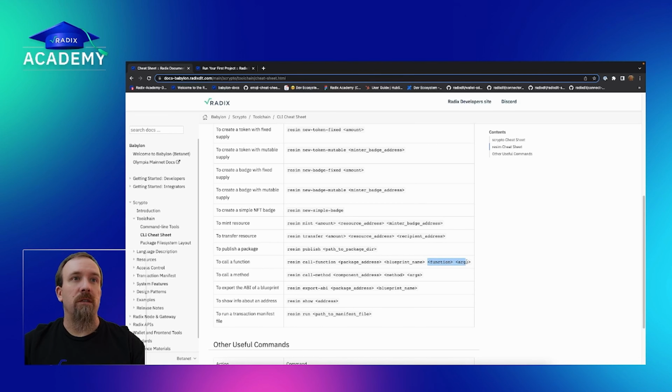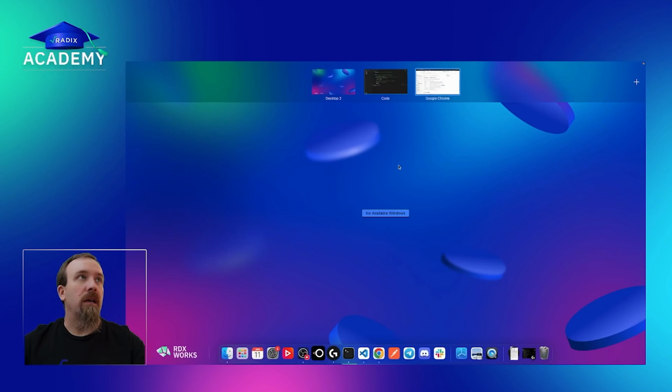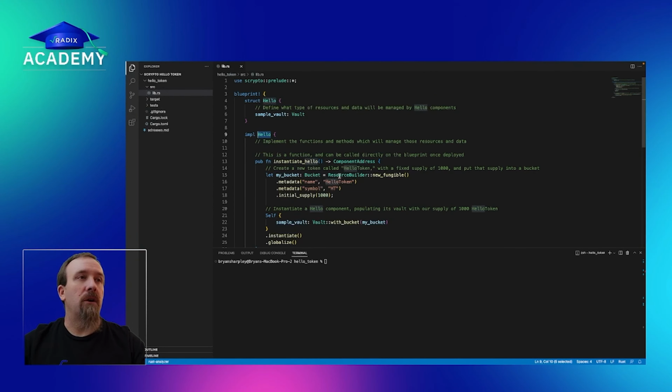Okay, so this right here, in our case, is just our implementation or instantiation of our hello component, or our hello blueprint, but this is what will instantiate a component. Okay, so let's do that. Let's type resim call